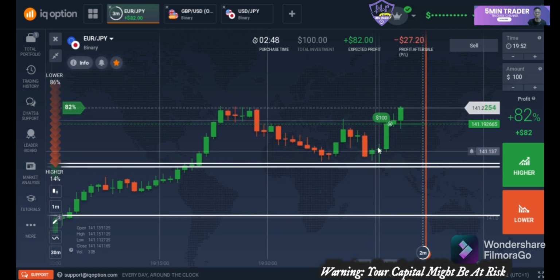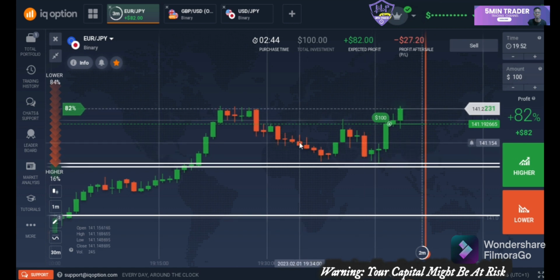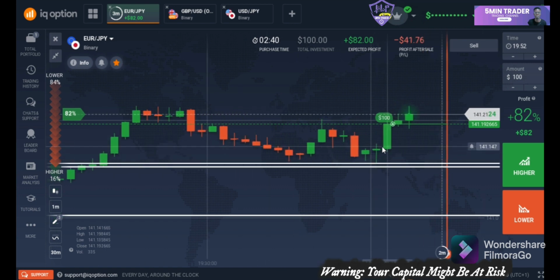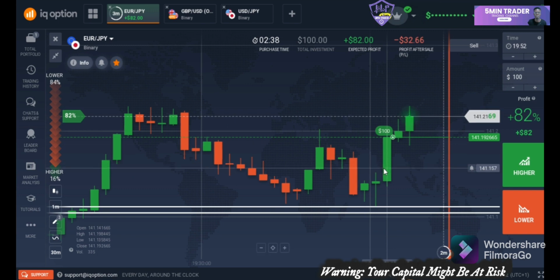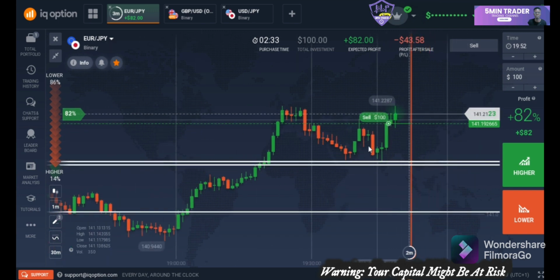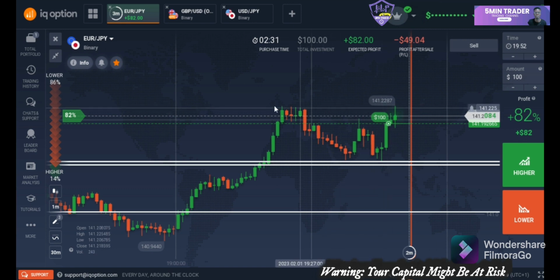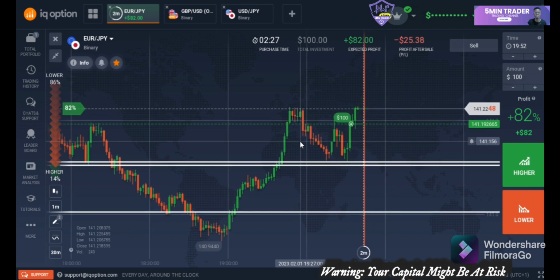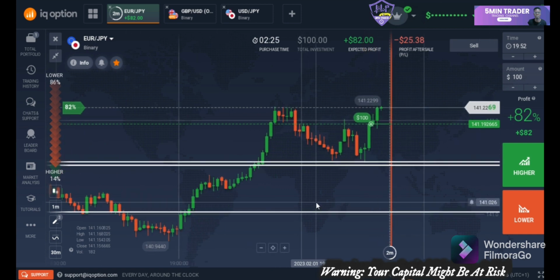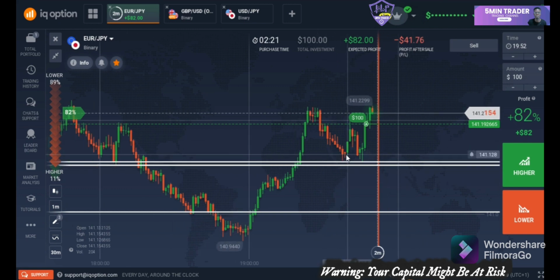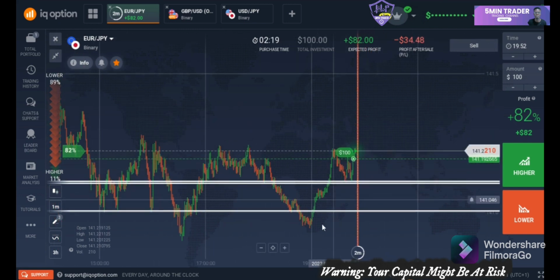these weaknesses for me are real, because they show that the sellers already lost control of the market, and this strong buyers entry also shows that buyers are now in the market, and the market should be going up, at least should stay. I think this level will be broken in the future, and that will confirm that this trend will continue to go up in the buyers direction, because